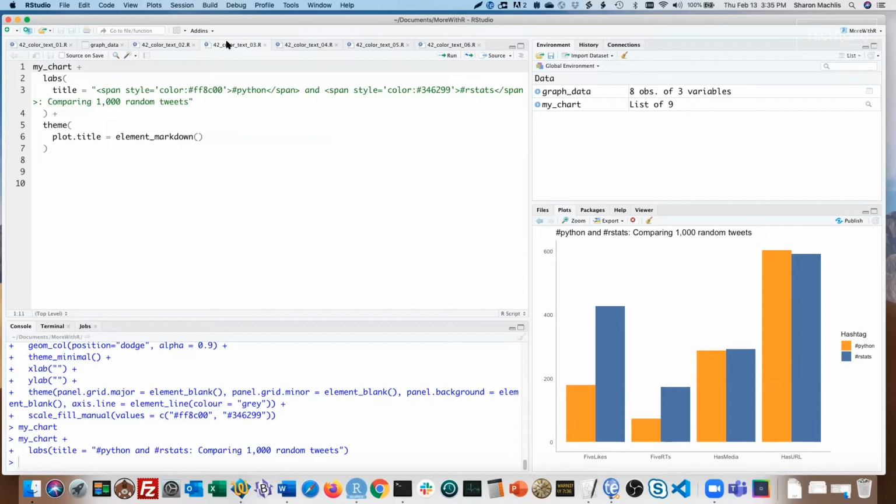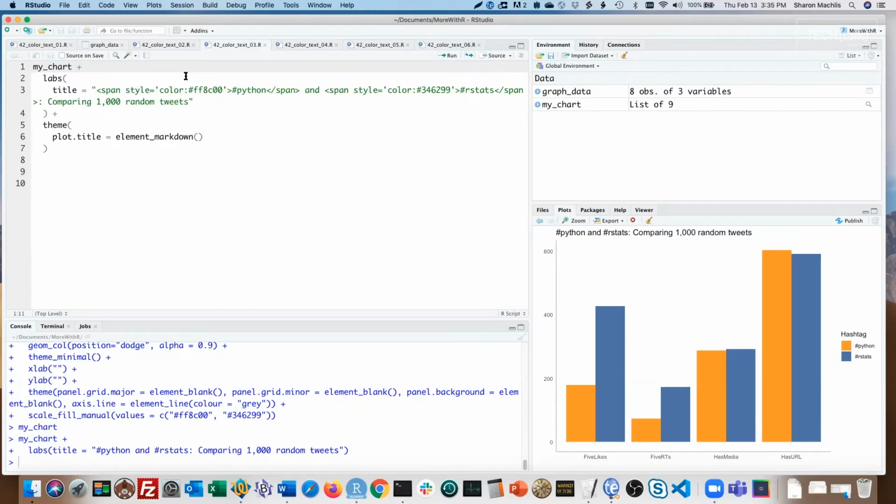Knowing a little HTML styling with inline CSS, that's short for cascading style sheets, will definitely help you customize your text. Here I'm using span tags to section off the parts of the text I want to affect: Python and rstats. In the span tag, I'm setting a style, specifically setting text color and then the hex value of the color I want. This is standard HTML styling, and there are loads of tutorials on the web if you want brief explainers. You can also use available color names in addition to hex values. This could say red or dark blue instead of the hex.